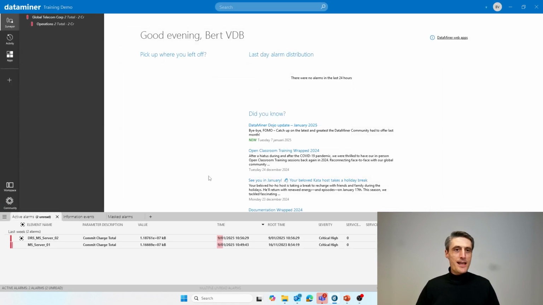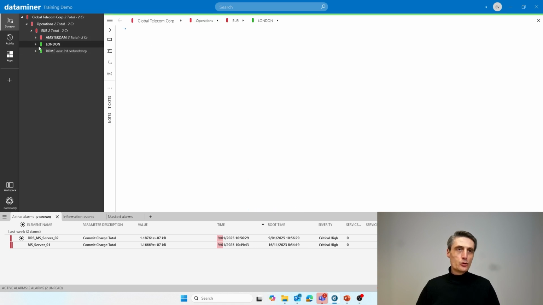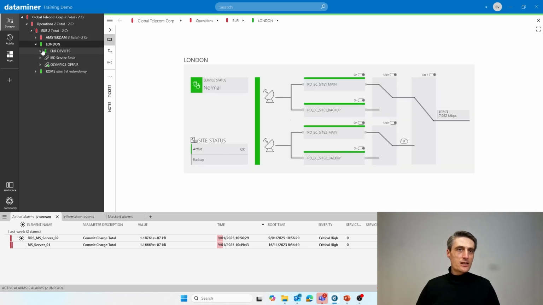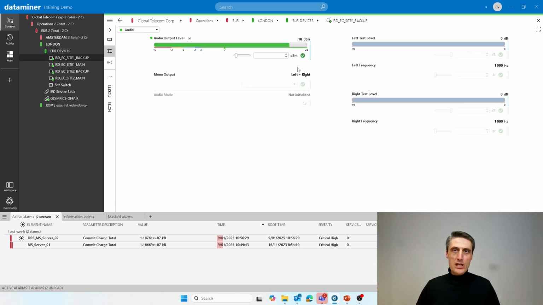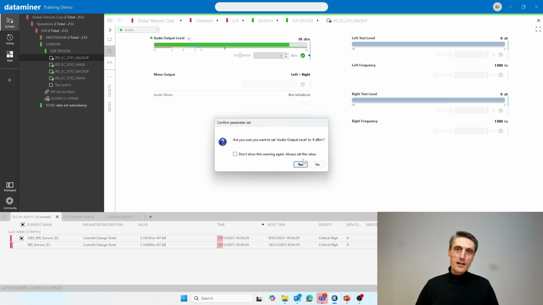All right, so this looks like a very easy system. Only 2 alarms are in here. If I go into operations, only Europe exists in here. We only have 3 sites in here. If I go to London, I kind of expect again to have full access. So I should be able to change the audio output level indeed. So let's change that to 6. Yeah, it's again there with the